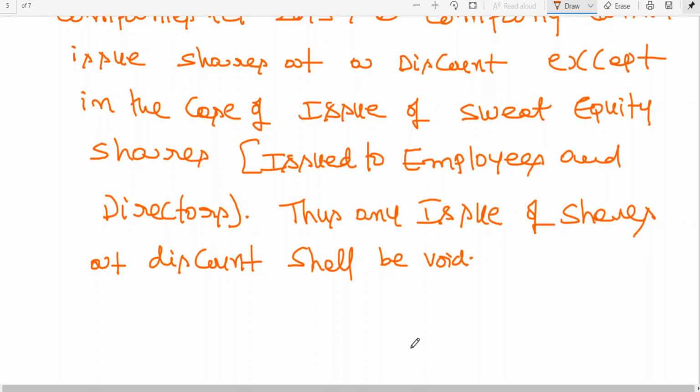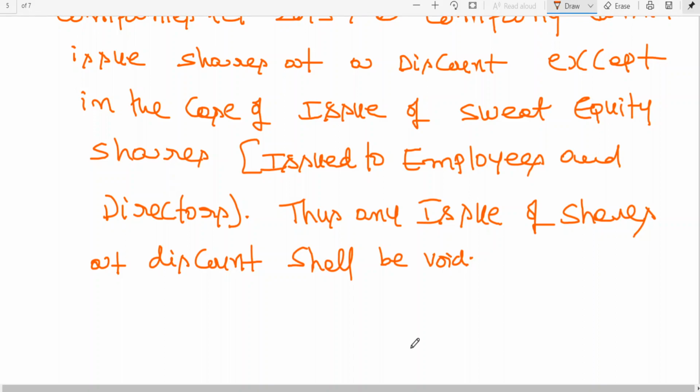But company lawmakers are very clever in dealing with the situation. The reason is that if the company issues shares at discount without its performance being known, people are tempted to buy the shares, even when the company doesn't have a good reputation. You may ask, sir, how can a company have a reputation without starting the business? I'm talking about the reputation of the promoters. If promoters are new to us and we don't know much about them, then to induce us to buy the shares, sometimes a company may issue shares at discount. Clear to all of you? So I think that is the reason to discourage that practice.